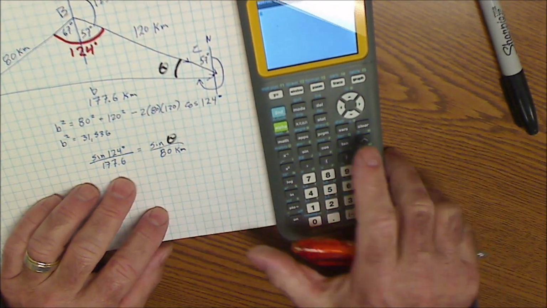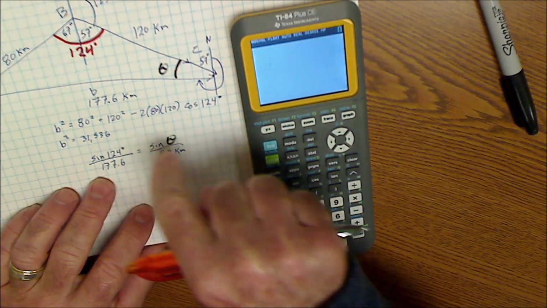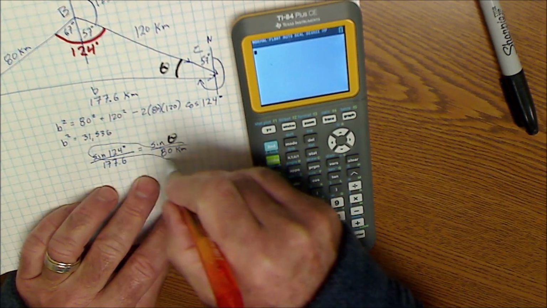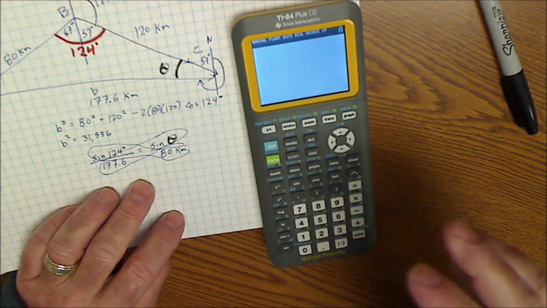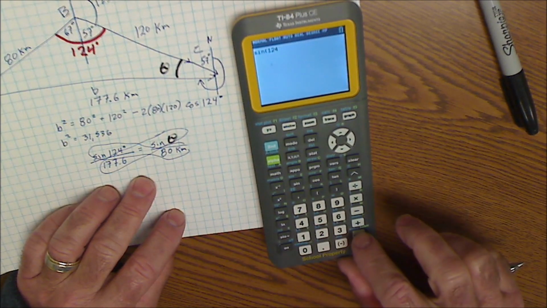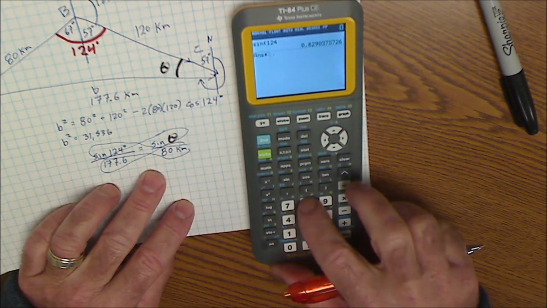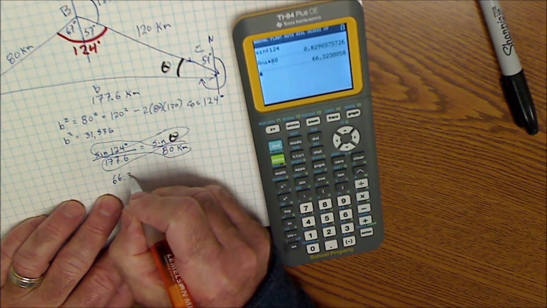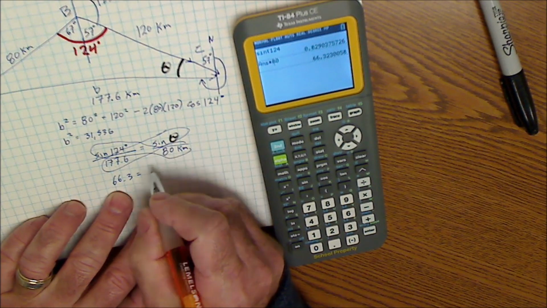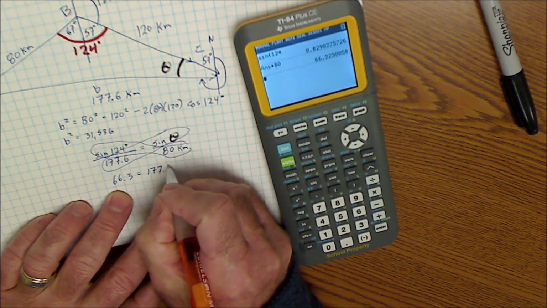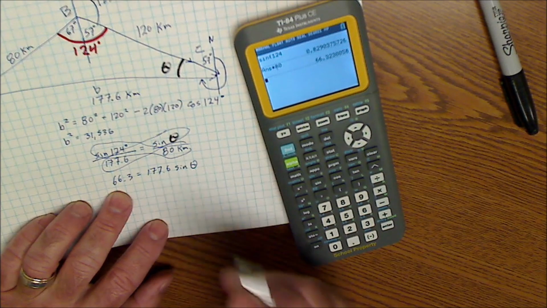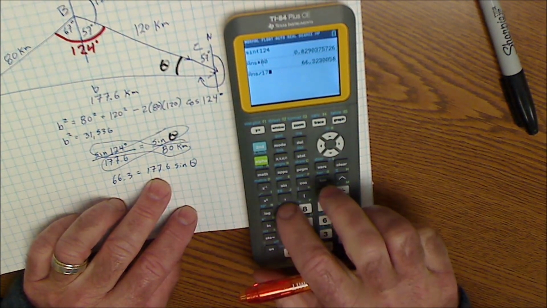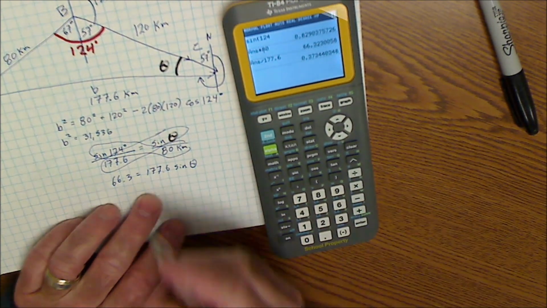I'm going to cross multiply, again in degree mode. I'm going to go sine of 124 times 80. So I'm taking this times that equals that times that. So sine of 124 times 80 equals 66.3. 66.3 equals that times that, 177.6 sine of theta. Still solving for theta, I divide both sides by 177.6, and I get sine of theta